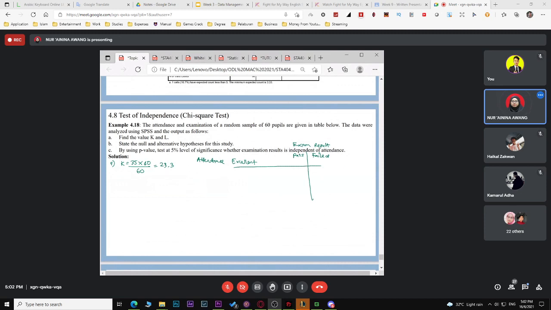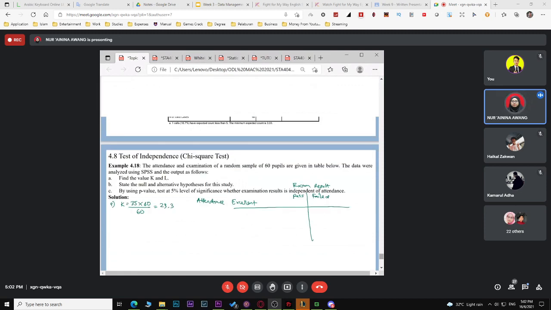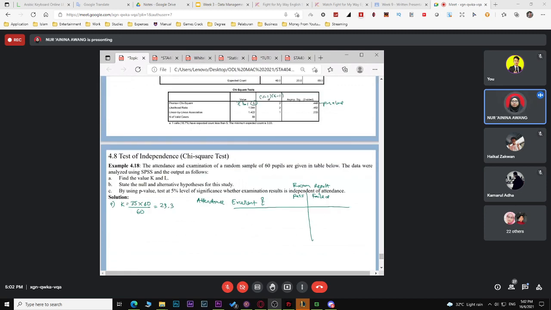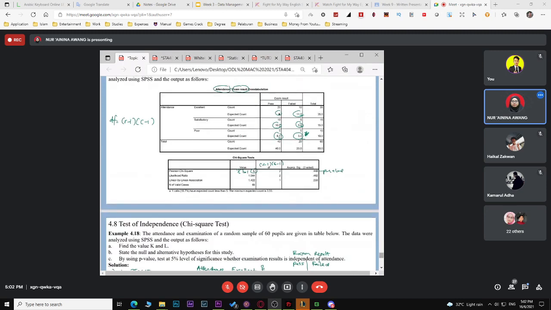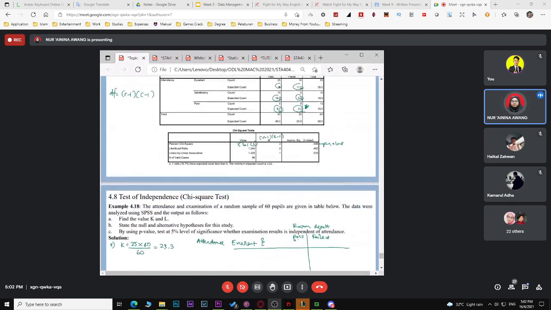So this one, it will be the same, the observed and expected frequency. Okay, we just follow 25, and then K we got 23.3, and then for fail 10, 11.7. And for our total, it will be the same, 35 and then 35.0. Okay, but now the problem is we want to combine the satisfactory and poor, since our expected frequency is less